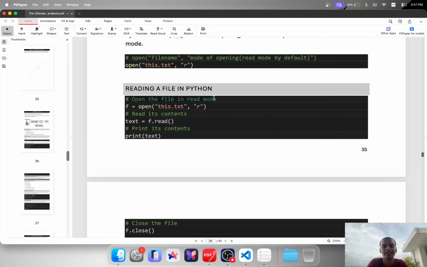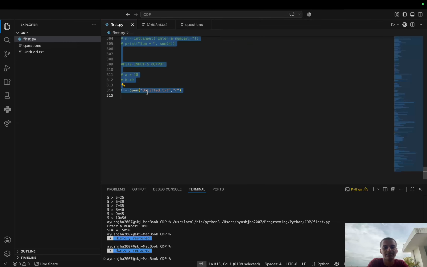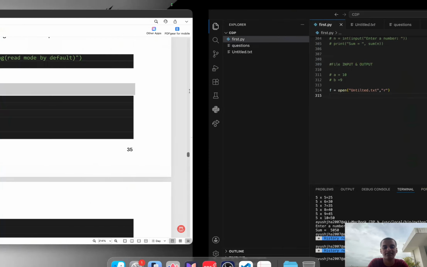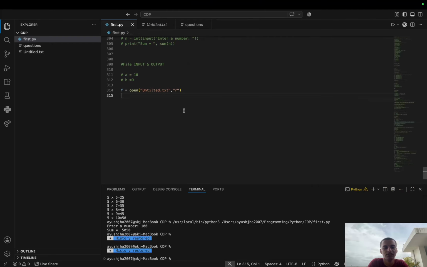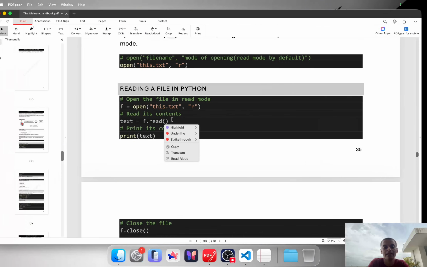एक तो हो गया ये, open the file in read mode, ठीक है, ये ओपन कर देगा हमारा इससे। ये जो लिखा हुआ है, ये जो लिखा है इससे हमारा ओपन होगा। अब इसको आपको ओपन तो करवा लिया, रीड कैसे करवाना है, तो रीड के लिए हम ये यूज कर सकते हैं, text = f.read, f ये है और इसको अब रीड करवाएगा ये, ठीक है।